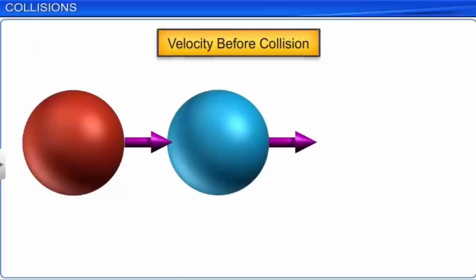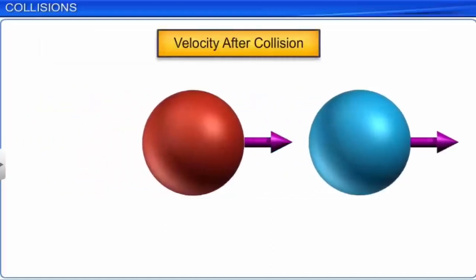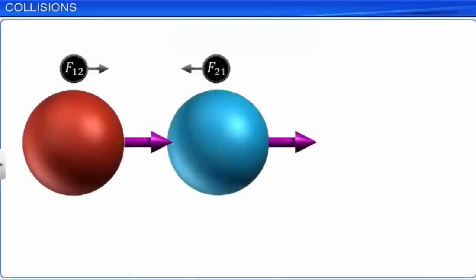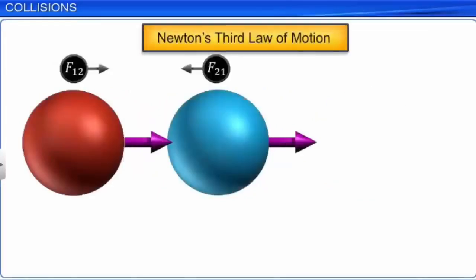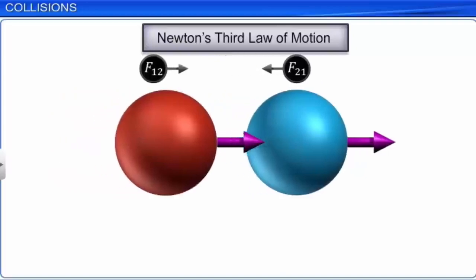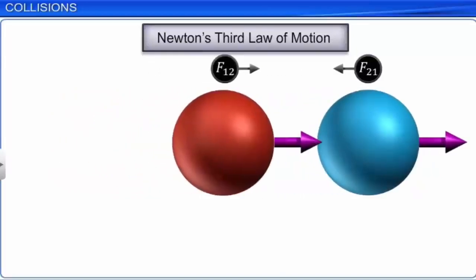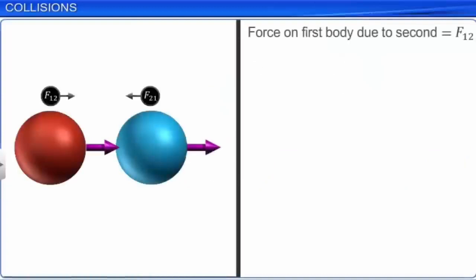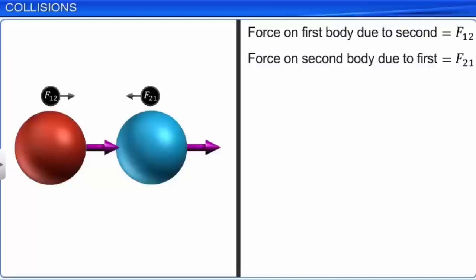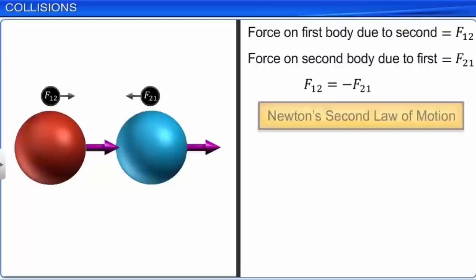If we consider one-dimensional collision between two bodies, then from Newton's third law of motion, they experience equal and opposite forces, F12 and F21, on each other, such that F12 is the force on the first body due to the second, and F21 is the force on the second body due to the first, and F12 must be equal to minus F21. From Newton's second law of motion,